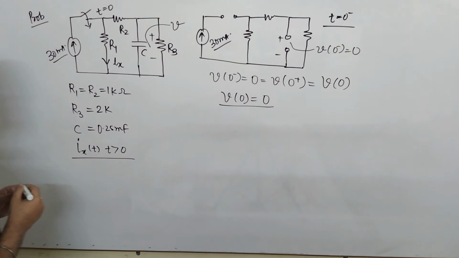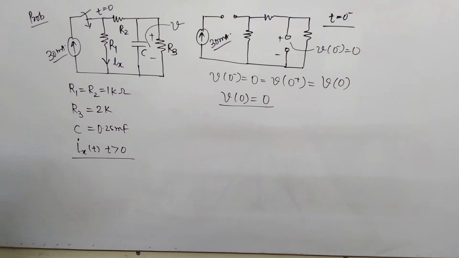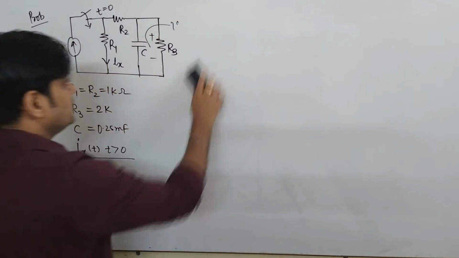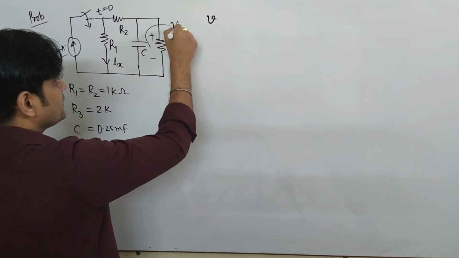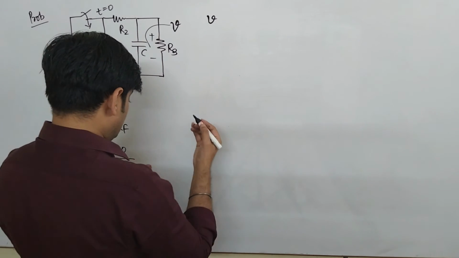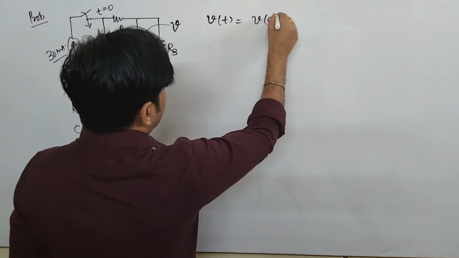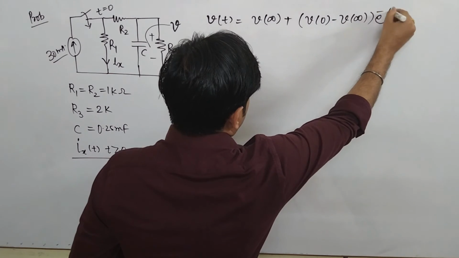Very important. Okay. So why are we analyzing the capacitor? It is because once we find the value of voltage across the capacitor, then only will we easily find the value of i(t). Now we draw our circuit at t equal to infinite. Why are we doing so? Just to find the value of V, as I mentioned here. So just to find the value of V, we use V(t) equals V infinite plus V0 minus V infinite, times e to the power minus t by tau.